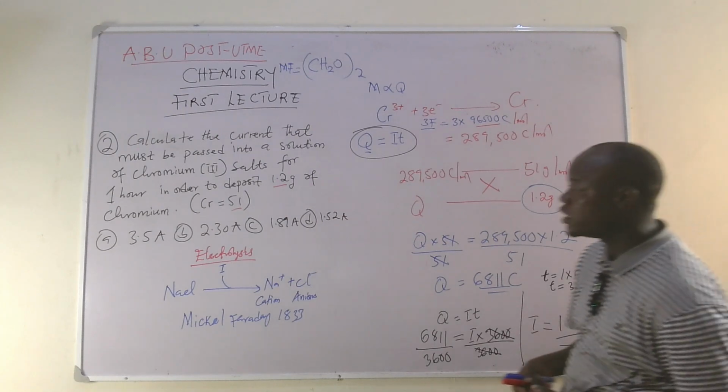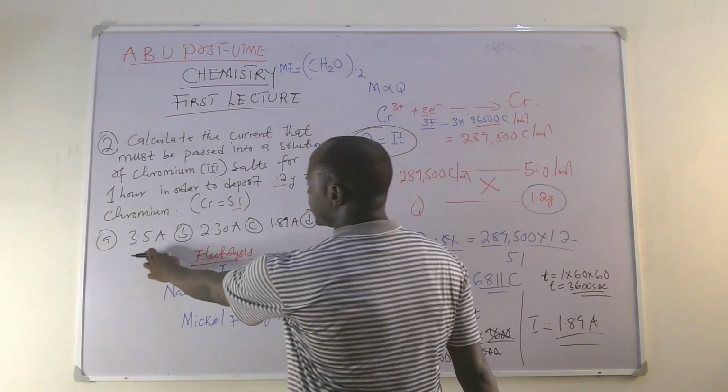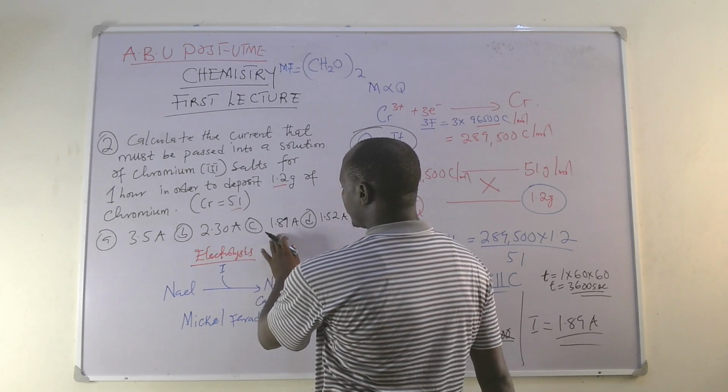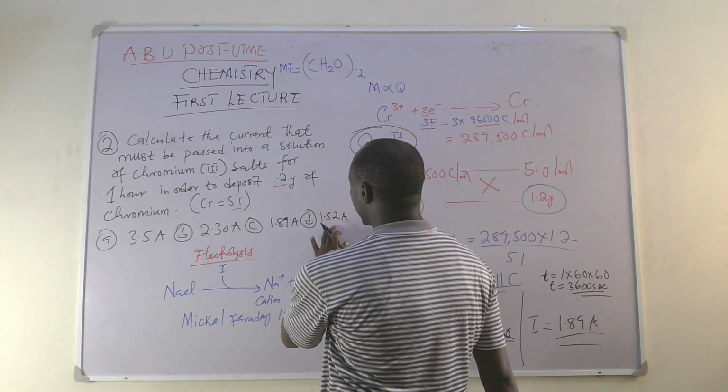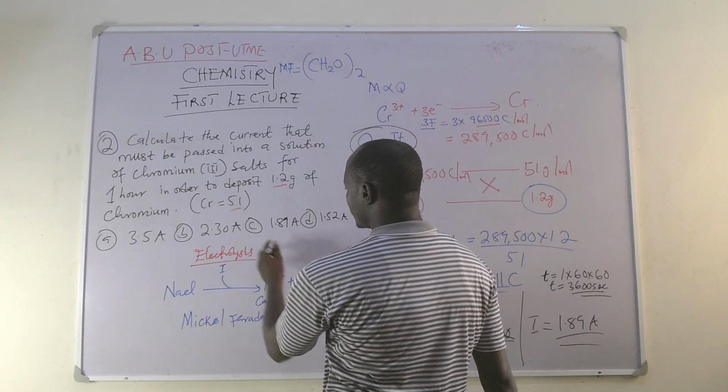So we can now come back and check the options. Option A is 3.5, option B is 2.3, option C is 1.89, and the last option D is 1.52. So the answer is